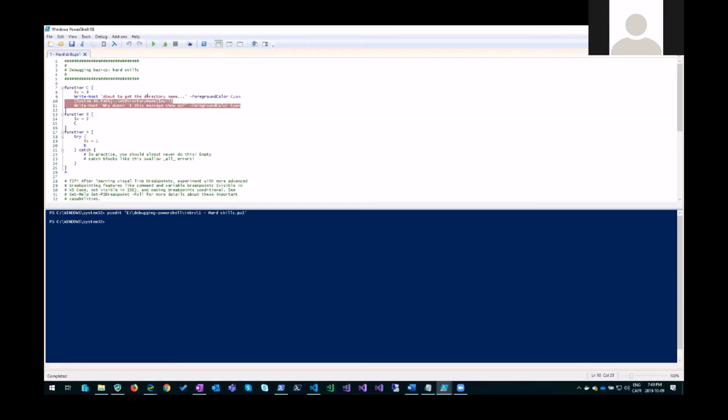And so let's say that I was looking at a call to get directory name. Yeah, actually, sorry, this has the same example of the error that was showing up. So get directory name null. So when I run this, if I run it without the breakpoint first,